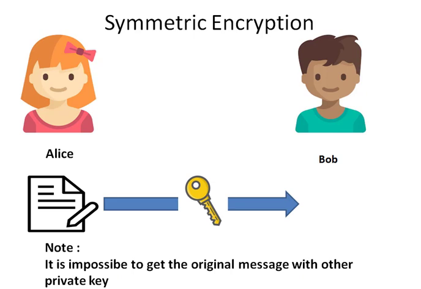Now you need to note one thing, okay, it is impossible to get the original message with another private key. If the attackers are trying some other key, they will never get the original message because they require the same private key, right? Without the private key also they will never be able to crack the original message. The encrypted message from Alice will never be known to the attacker if they are using some other key or they are not using the key. Only if they get this private key will they be able to encrypt or decrypt the data that is being sent by Alice and Bob.